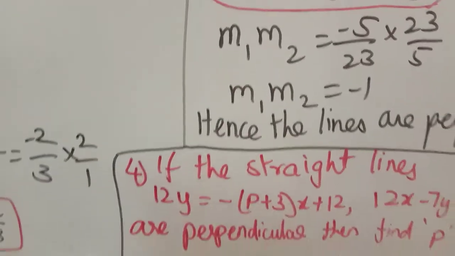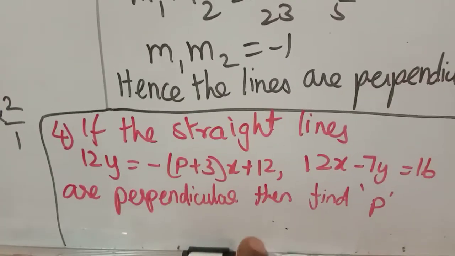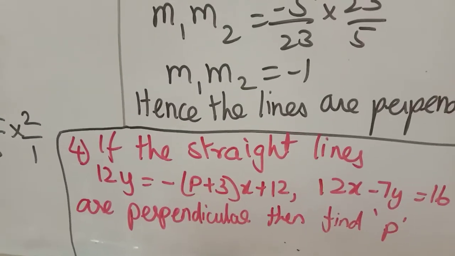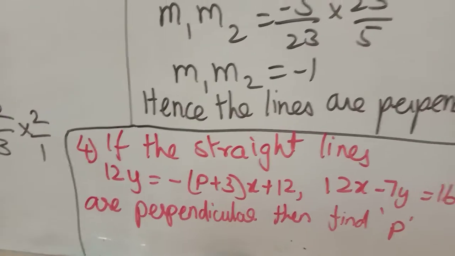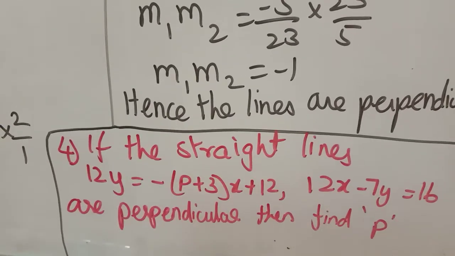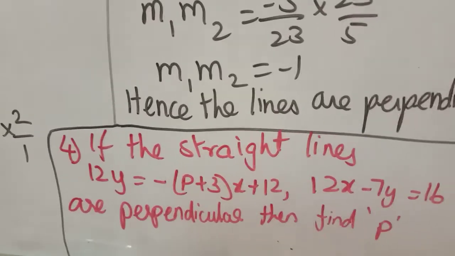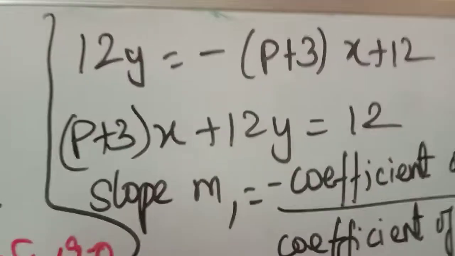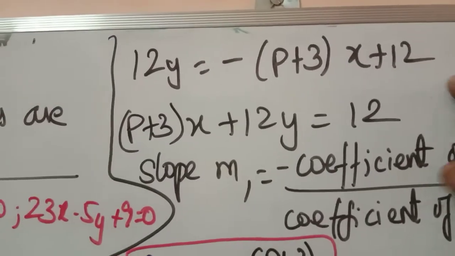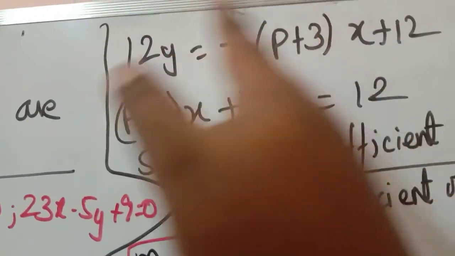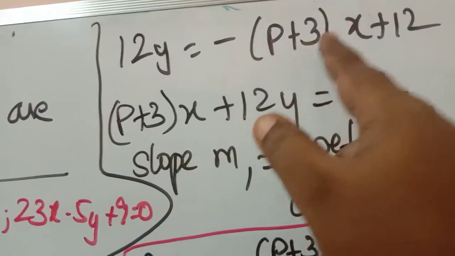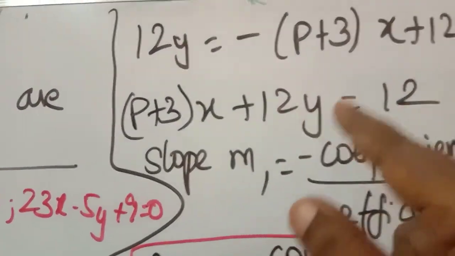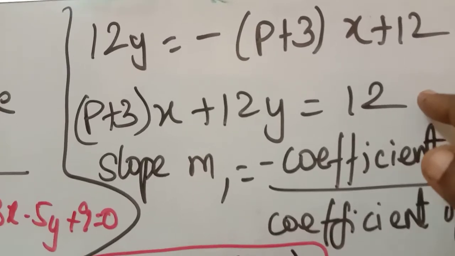Okay. Next, question number 4. Two lines are given, the two lines are perpendicular, we have to find the value of P. In the previous question, they gave two equations and we wanted to check whether they are parallel or perpendicular. But in this question, the condition is given that the given lines are perpendicular. We have to find the value of P. So first write the first equation. Confirm that x and y are on the same side. Here x, here y is there, so bring that x here. So minus p plus 3 into x, bring this side as plus p plus 3 into x. This 12y write as plus 12y is equal to 12, already it is there on the right hand side.